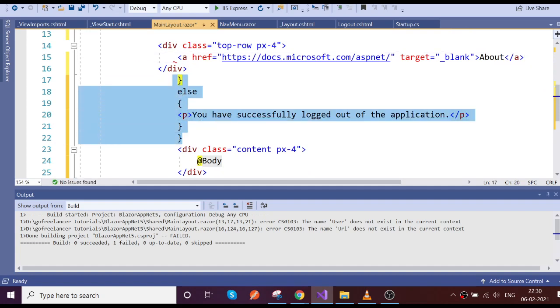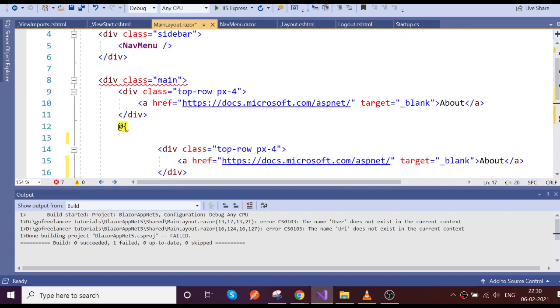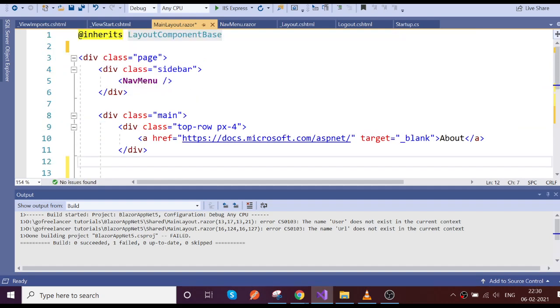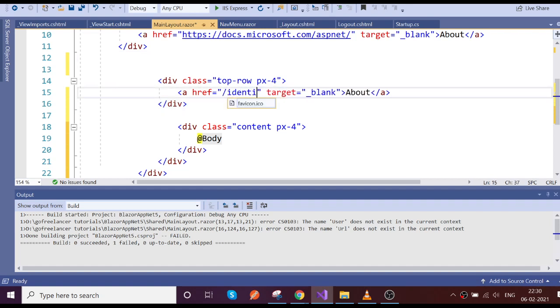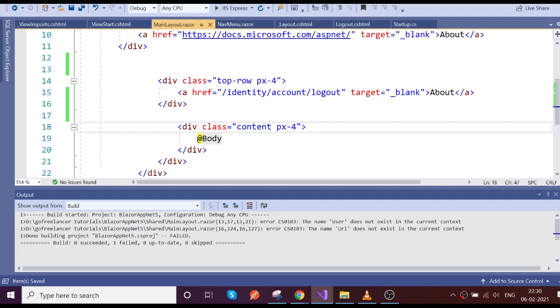Let's remove that code and the reference as well. Then slash account slash logout. This will take me to the logout page.